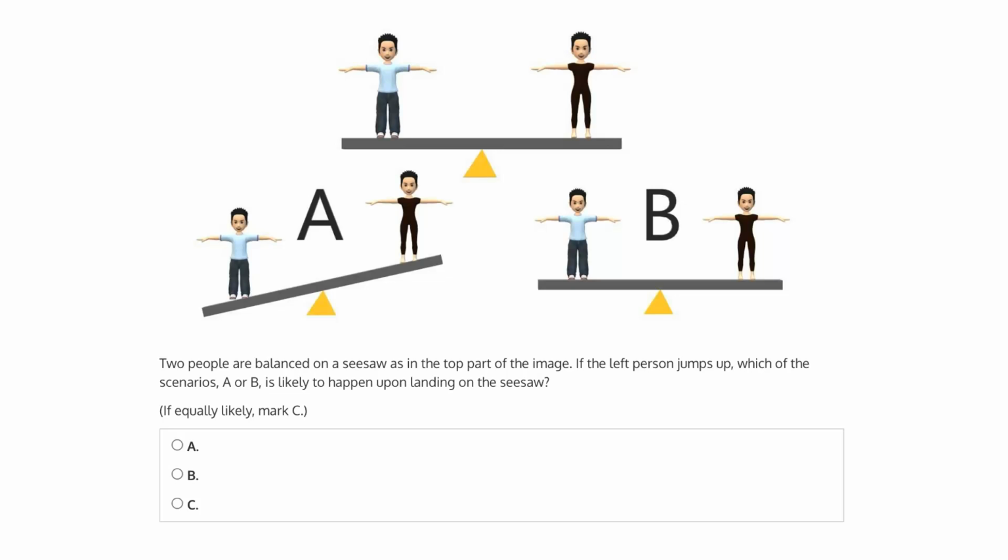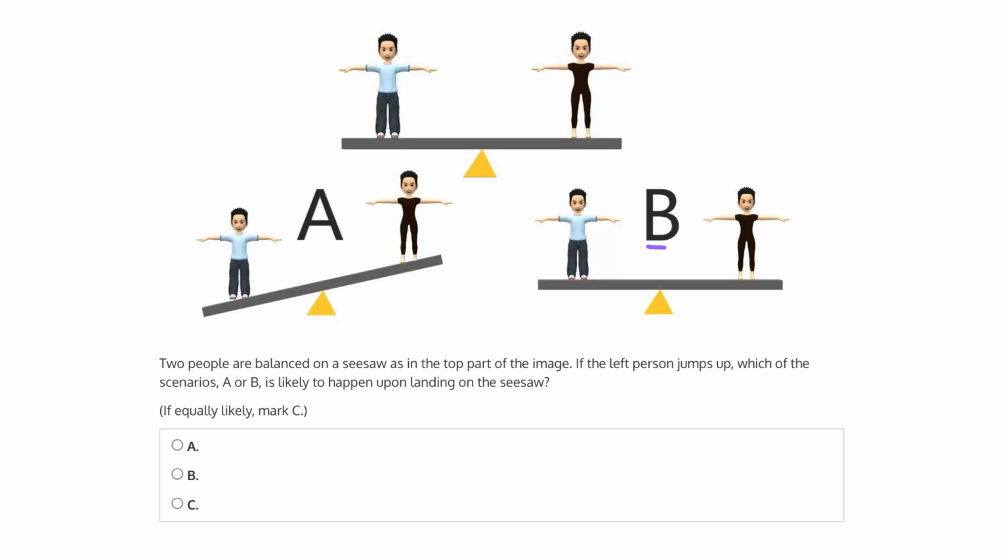This question says, two people are balanced on a seesaw as in the top part of the image. If the left person jumps up, which of the scenarios, A or B, is likely to happen upon landing on the seesaw? Is it A, where the left person, or the person that jumped up, is lower than the person